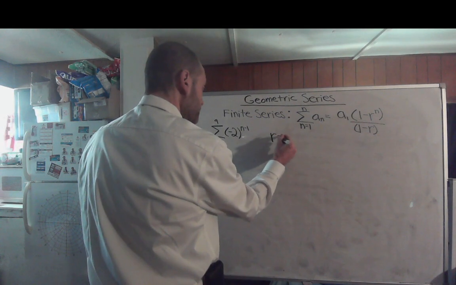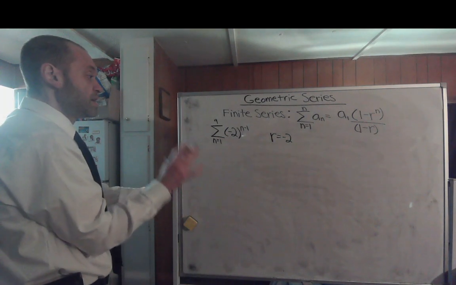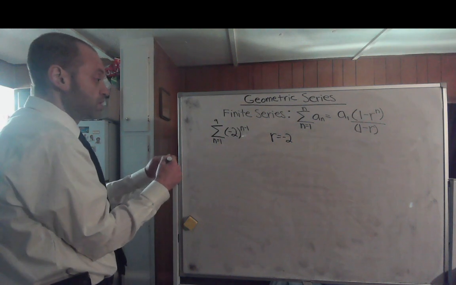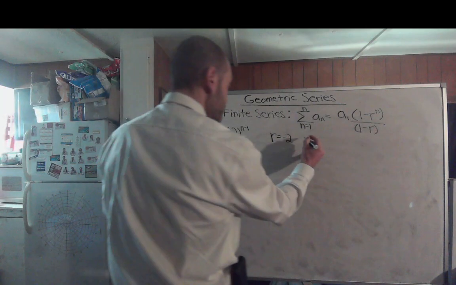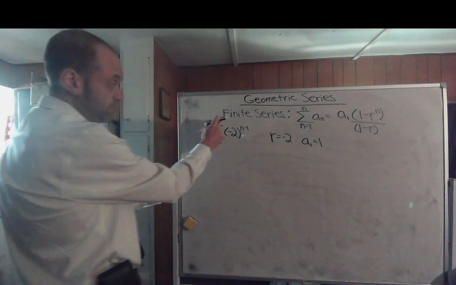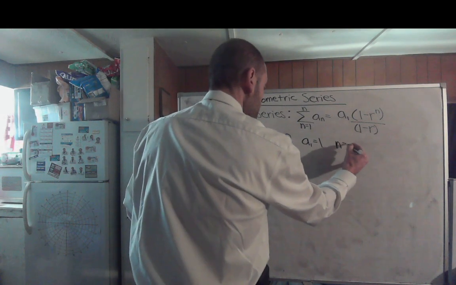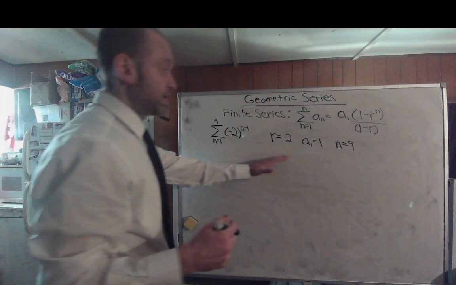With the sigma notation. Now, what about our first term, a sub 1? Well, negative 2 to the 0 power is just 1, so a sub 1 equals 1. The number of terms is 9, as denoted above the sigma sign, so this is already cut out for us,